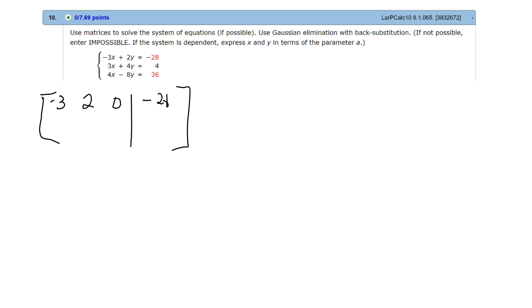Okay. So now my second row is 3, 4, and 0. And then we have a 4. And then the last one here is 4, -8, and 0, 36. Okay. So the first thing we want to do is change the,